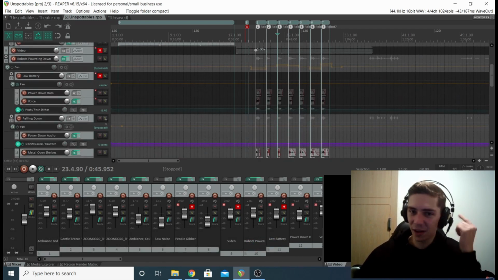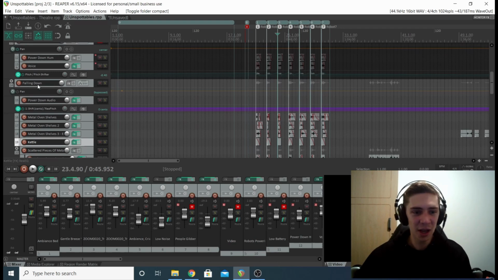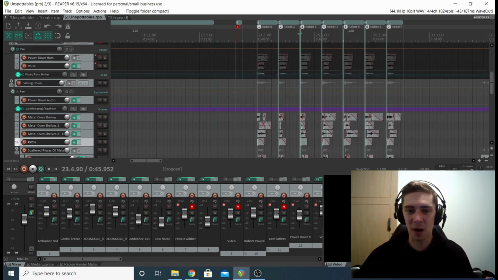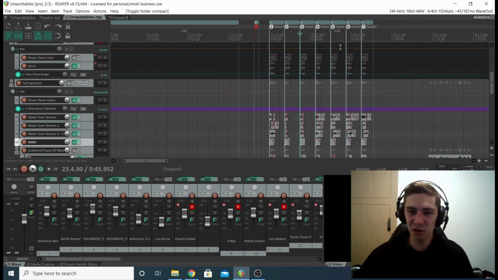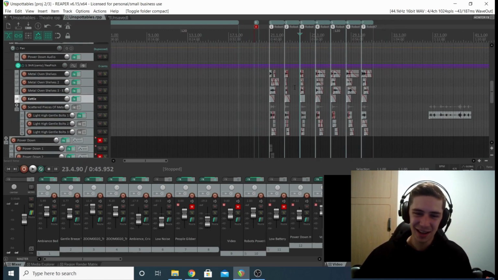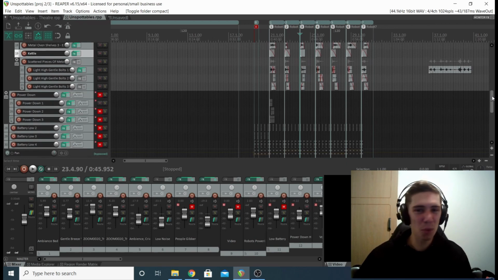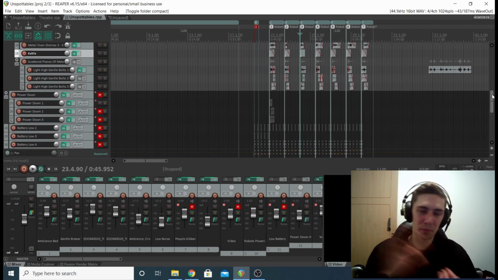I'd be muting stuff, I'd have to test and listen to see which is which. I mean, there's a bit of labelling on the tracks, but there's none on the markers. Well, okay, there is a bit on the markers, but it's not very clear. Robot 1, 2, 3, just variations. So yeah, it was just a nightmare trying to pull old elements, old layers and stuff and bring them into new